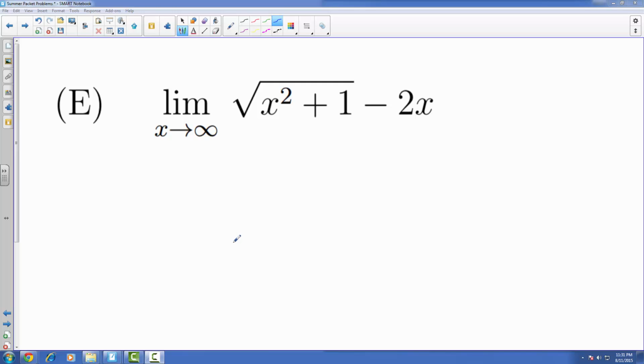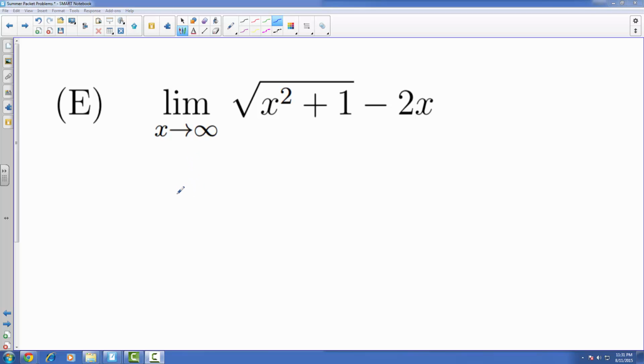Now we're looking at problem 3, capital E from the summer packet. We have the limit as x goes to infinity of the square root of x squared plus 1, minus 2x. Now, unfortunately, if you try direct evaluation, where you start plugging in infinity, you would end up